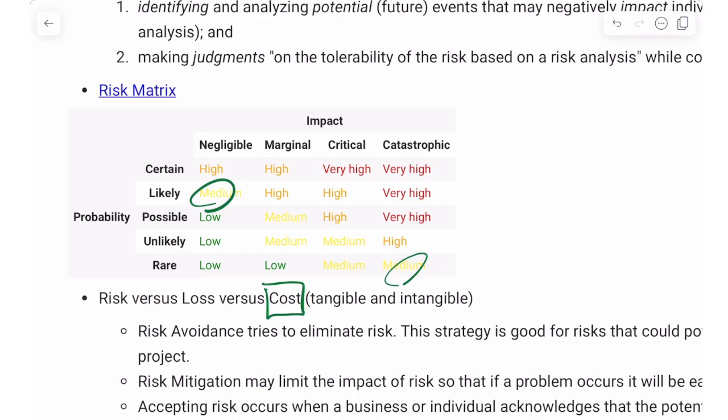So if you really need to solve some important security risks, which you think are quite important and need to be solved immediately, such problems should belong to very high, so that your boss will give you some money to solve such risks right now. But if a risk belongs to low or even medium, maybe your boss will not give you money to solve such things.